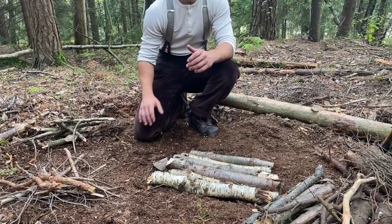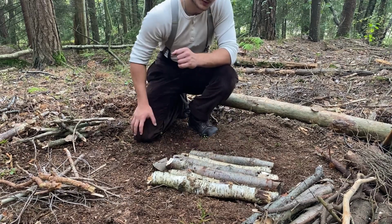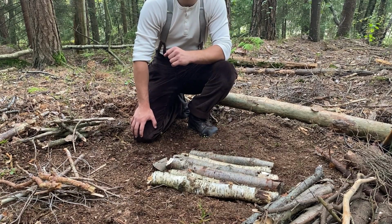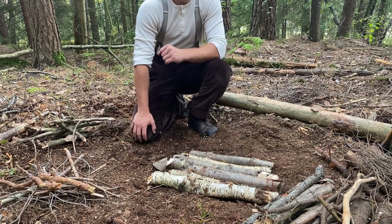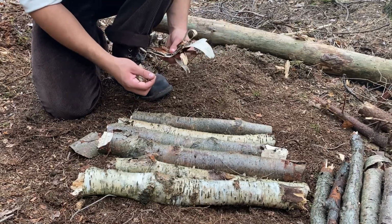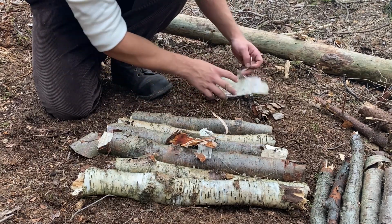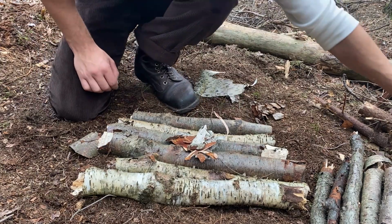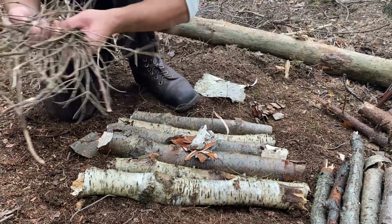To give yourself a good area to work with. So before I've started to light the fire or put it together, I've just placed this base of logs here to act as a surface to work on. It's also going to get your fire off the potentially wet and dirty ground. So now what I'm going to do is I'm going to get my tinder ready. I'm going to place a little bit here, just in this bundle, and then I'm going to make sure I've got a good bundle of kindling here ready. I'm just going to take a bit of that,